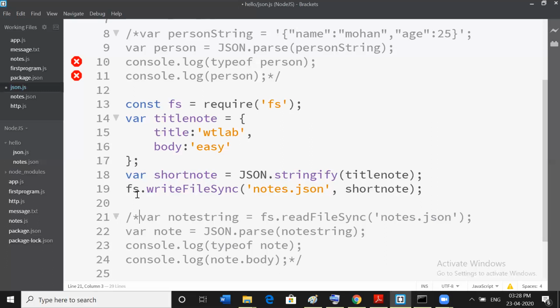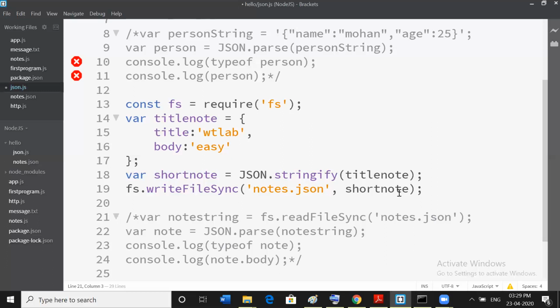Now I am going to write. The file system handles file reading and writing operations. We already learned this in the first class: fs.writeFileSync. With fs.writeFileSync, I am going to write the information to another file. The first parameter is the file name, and the second parameter is whatever information you want to write in that file.